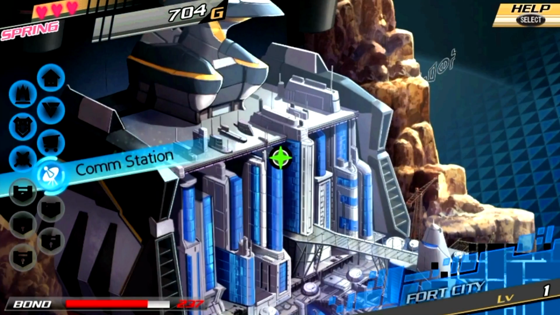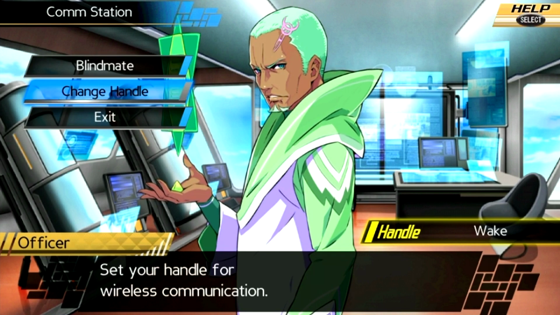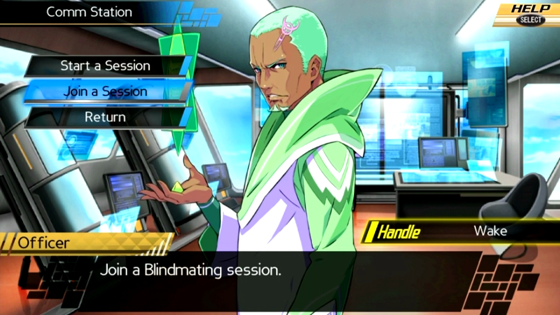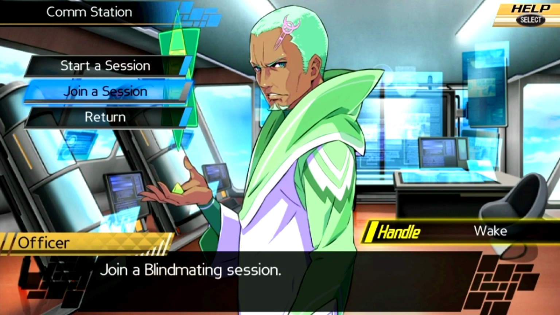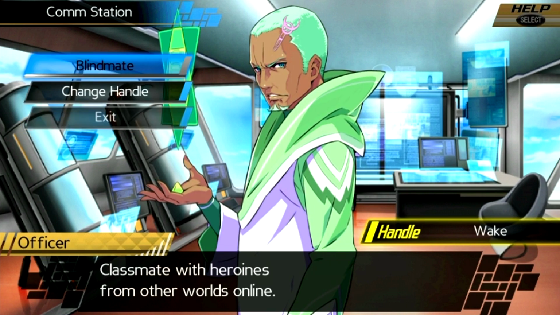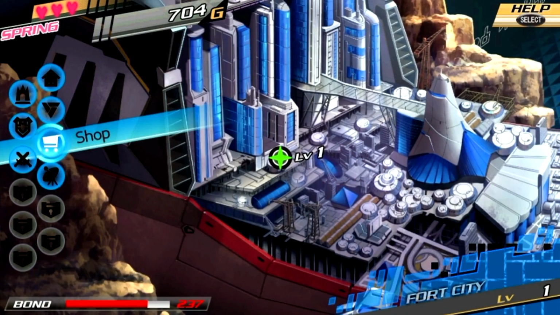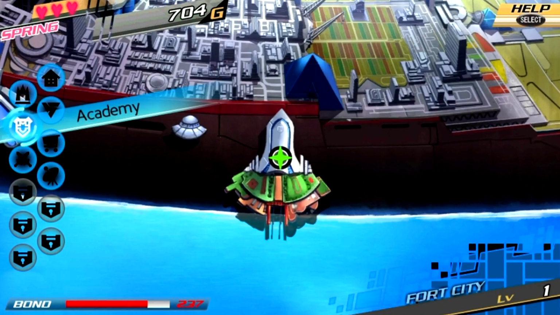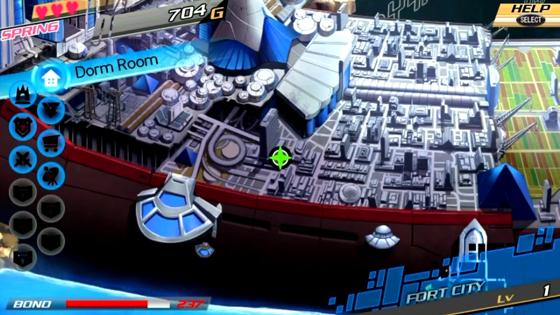Com station. Oh, let me see if I can actually do anything in the com station. No, I'm just going to skip past the text. Blind baiting. Start session. Alright, okay, it's ad hoc only, so... But yeah, you can do classmating with people, but it seems to be ad hoc, so that sucks. Training facility, academy... Labyrinths...